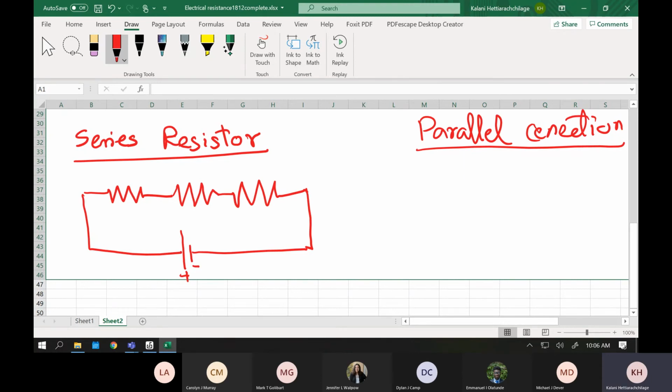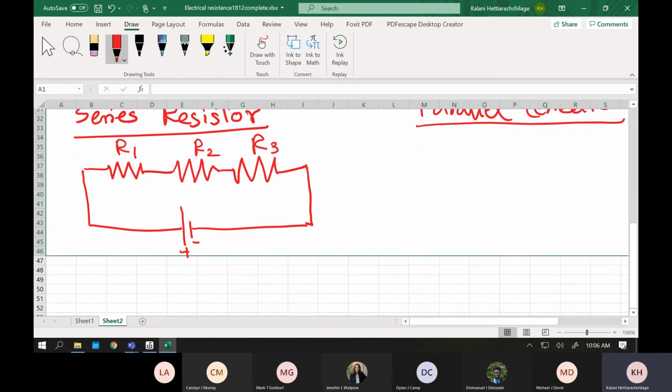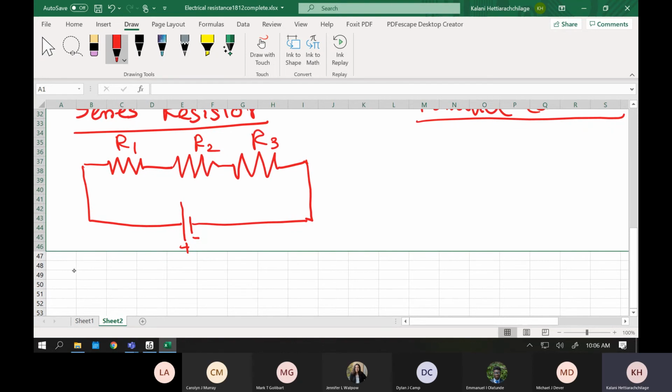Right. So now let's label the values of those resistors as R1, R2 and R3. This connection we call a series circuit. What you can observe is that you have a single loop here. What does a single loop mean? If you start from one point, you can walk through the circuit and come back to the same position. There is only one way you can do it. Because of that, the number of loops in this case is one, right?